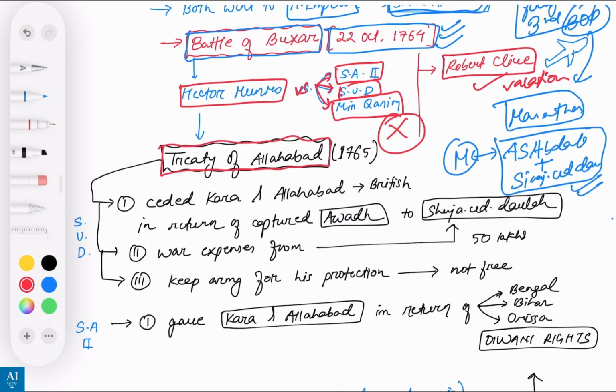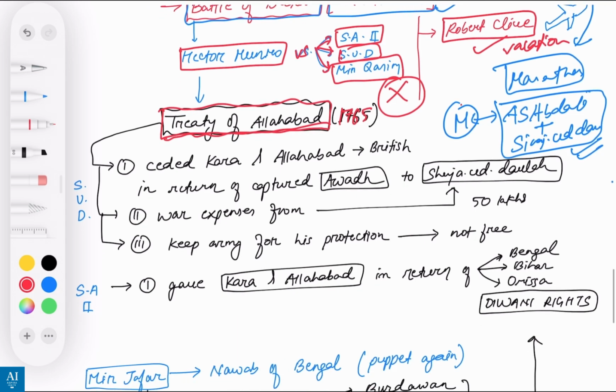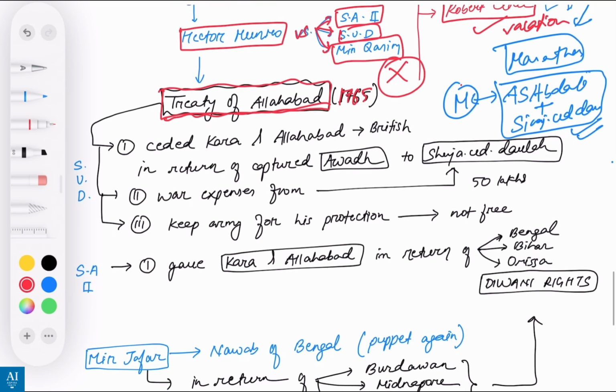So this war led to the signing of a very important treaty that changed the whole course of modern India in 1765. That is the Treaty of Allahabad. According to the Treaty of Allahabad, Siraj-ud-Daulah,